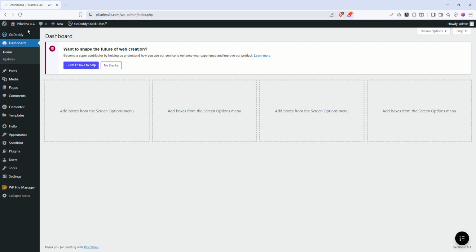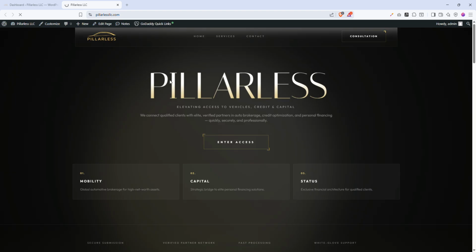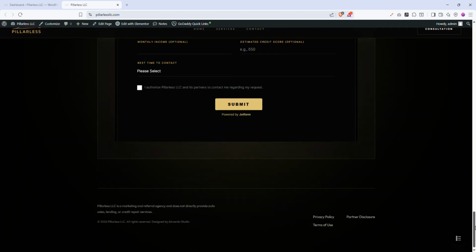So basically you want to know how to change the footer section's links and how to edit the content. First of all, if you want to change the content in the footer section, and if you want to change the button links like privacy, partner disclosures and terms of use,